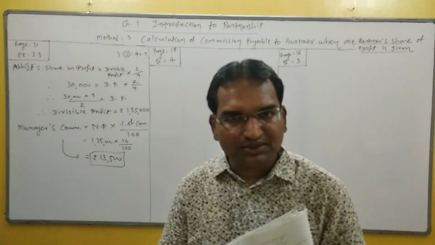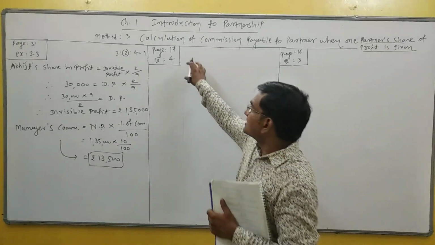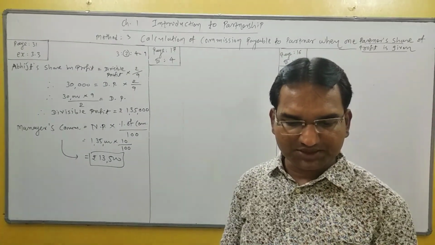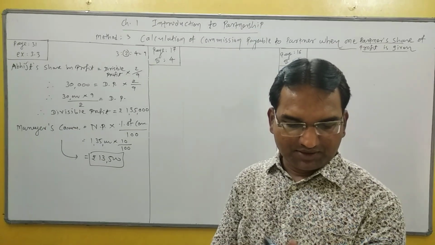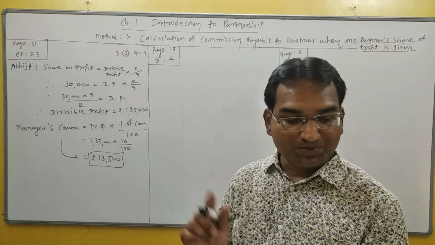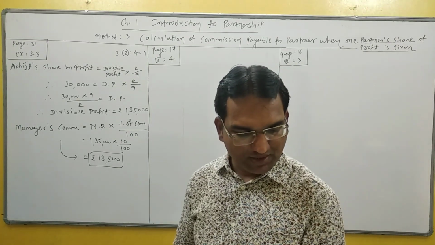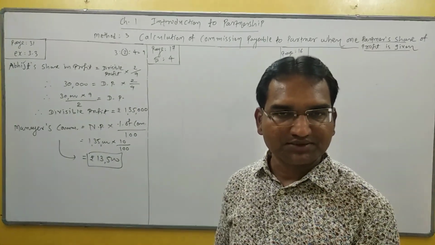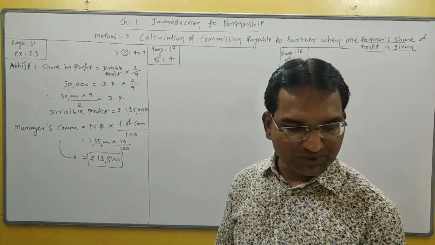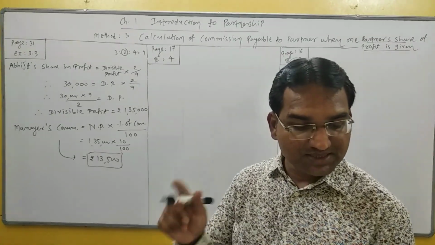Let us take another example of the same method which is given in your textbook, page number 17, illustration 4. So open page number 17, illustration 4. Here three partners are given: Sheila, Surbhi and Seema. Their profit sharing ratio is 5:7:9. Manager Sanket. The name of the manager is given, it is not important. Manager is entitled to receive 10% commission on profit after deduction of such commission.